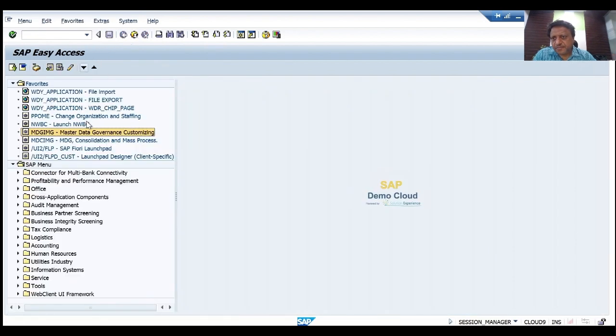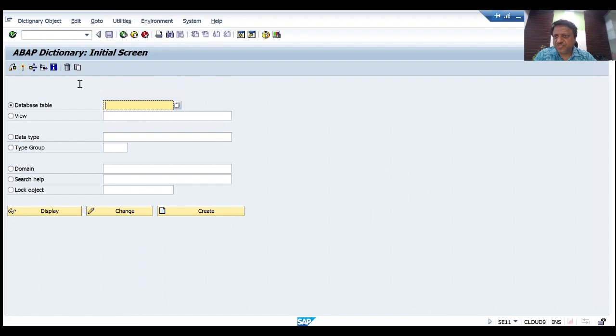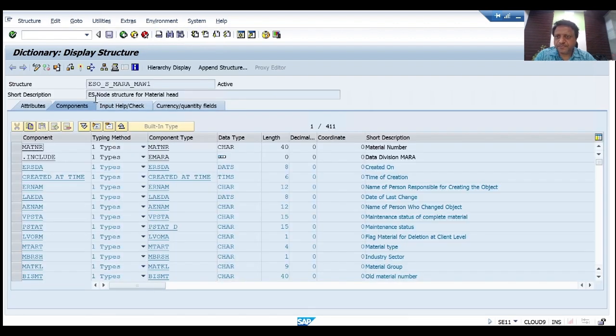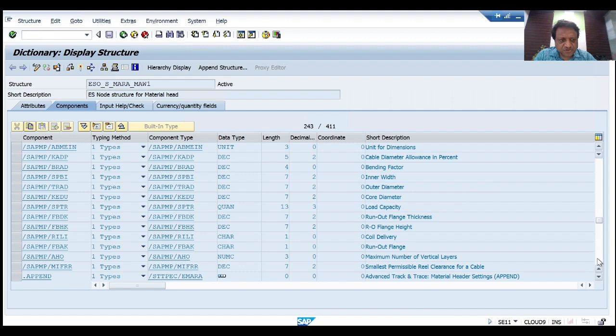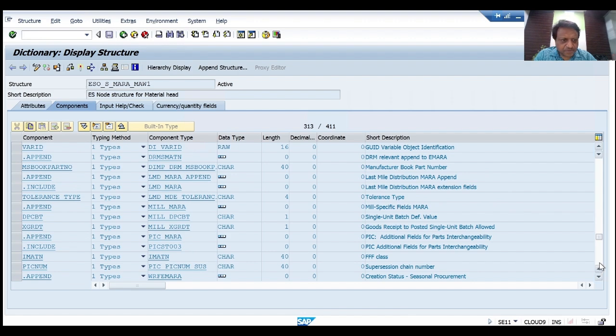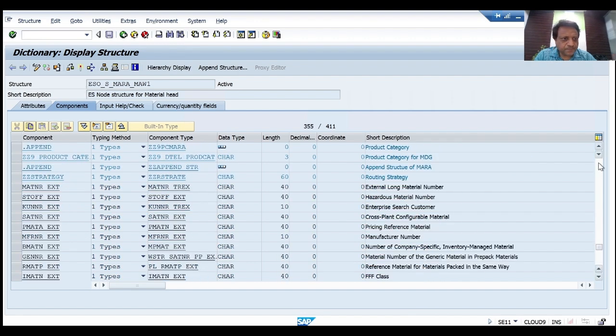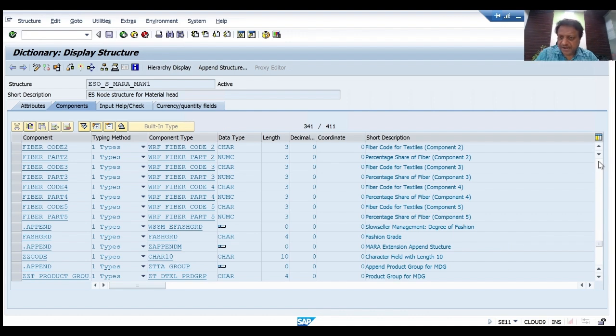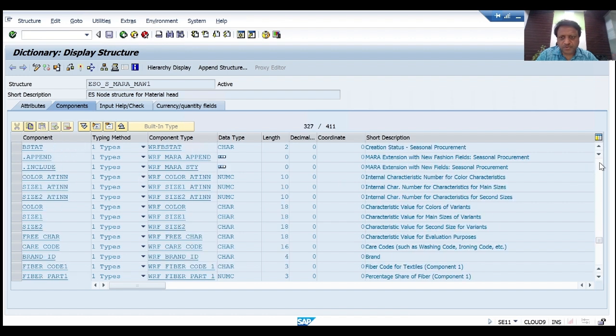Then apart from this, sometimes we also check the structures within the backend system, and one such structure for the Mara table is, so this is the structure dedicated to the search application. So ES node structure for material head. So similar to this, for all the domains, standard domains, we have the structures for the connectors. So in order to make sure that